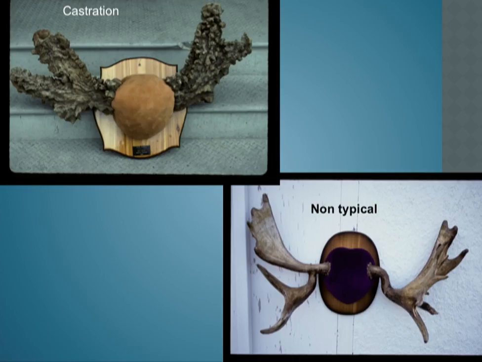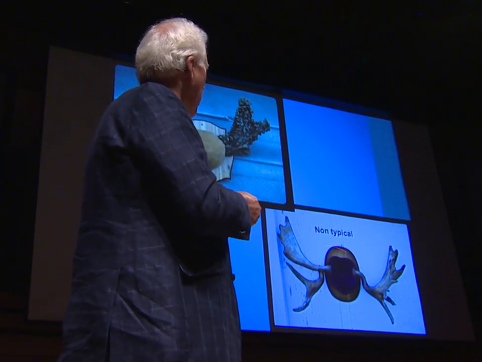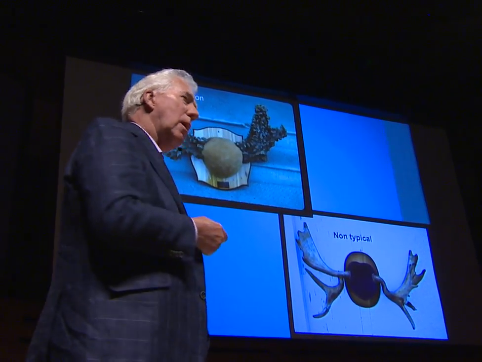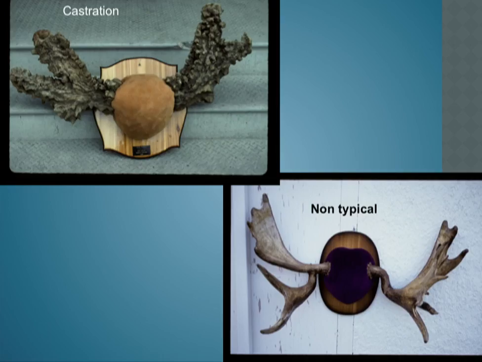And then we get some atypical ones. This one is down here, very atypical. This guy right here, I happen to have those at home, and that's from a castrated bull. And once he becomes castrated accidentally or via disease, he sheds the regular set of antlers and he grows something like this, and they are never shed again.